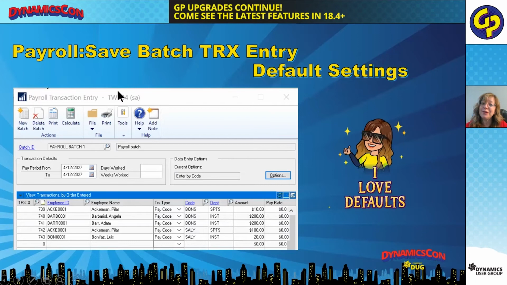Now, payroll is something that I feel is very labor intensive. And so here I said, I love defaults. Every time I'd come into this screen, I'd have to go into options and select a bunch of things. Now it remembers what you selected. Just like in the all-in-one screens, it remembers for particular types of batches for that user that you like things sorted a certain way, things like that. So in this screen, payroll transaction entry, it's going to remember how you defaulted your options,